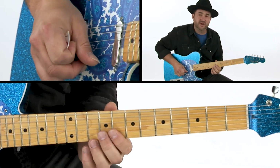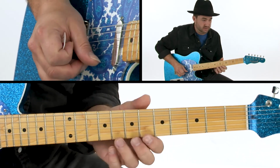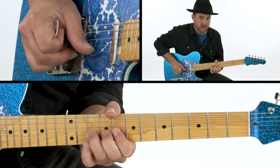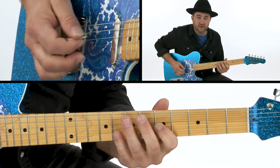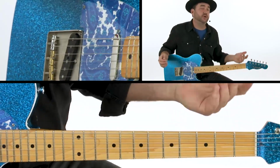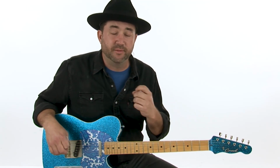And as far as the bends go, you're just doing a half step bend, okay? So that's going to be a cool lick that you can wind up doing for C. I'm going to offer alternate things and alternate endings as we get into the variations, but let's just put the lick in play first of all, and let me play it